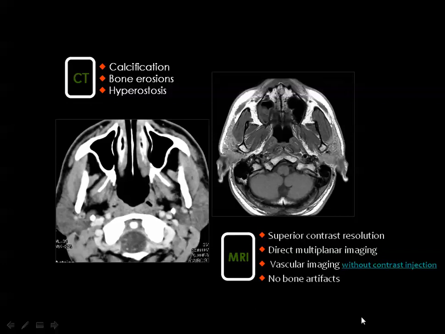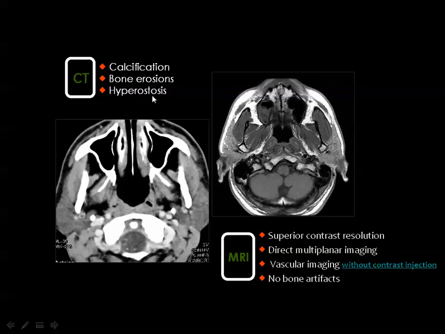What is the value of CT? CT, in my opinion, is good in delineating some of the anatomic details because of the accurate delineation of the bones. This is the ramus of the mandible, as you know, and this is the parapharyngeal space fat, and this is the pharynx. Then CT is able to show calcium, and you know that MRI is not good for evaluation or for detection of calcium. CT can also show bone erosions